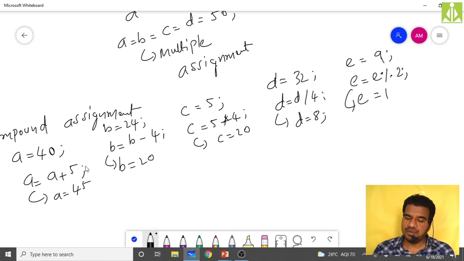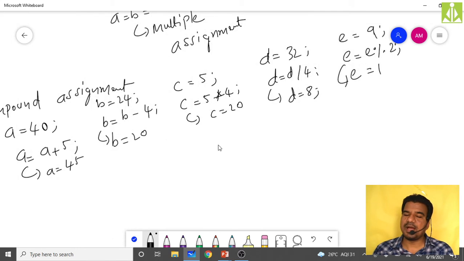So this is using simple assignment statements. How many lines of code here again? 3 lines of code, isn't it? 1, 2, 3. So you are doing it in 3 lines of code, using 2 operators, like A equals A plus 5. First this value gets evaluated and then assigned to A. Likewise, in all cases you are using multiple operators and making the compiler perform more than one operation. You are making the compiler consider the same statement more than once: once to perform the operation and second to assign the value.